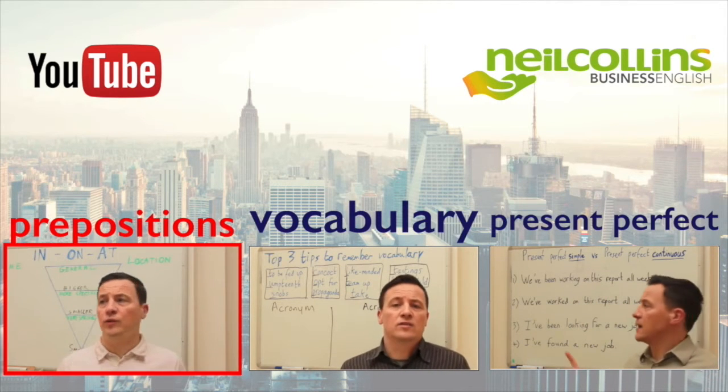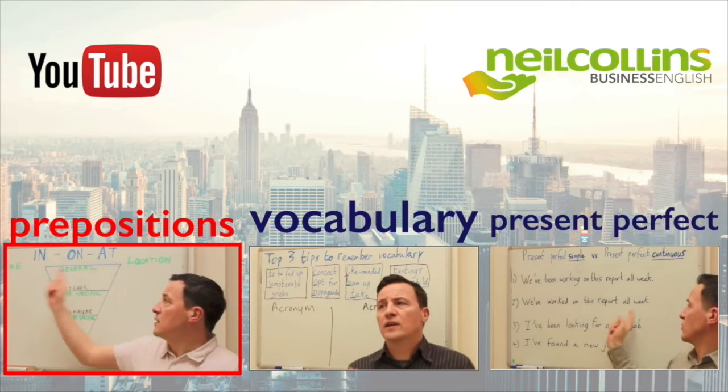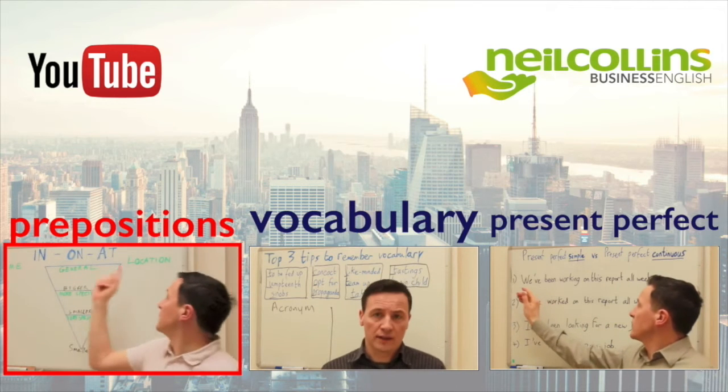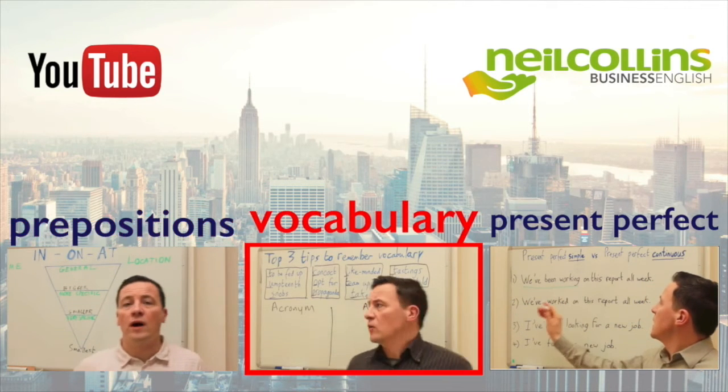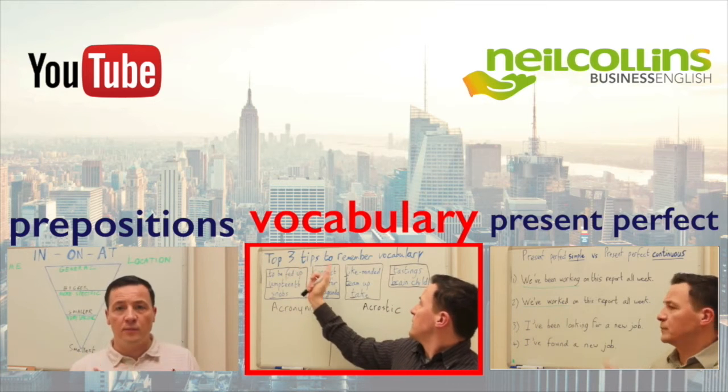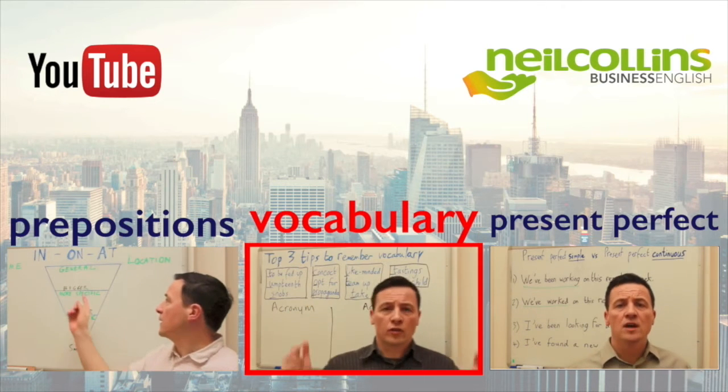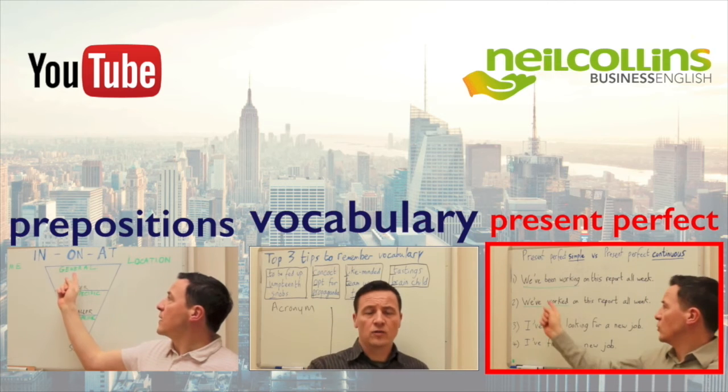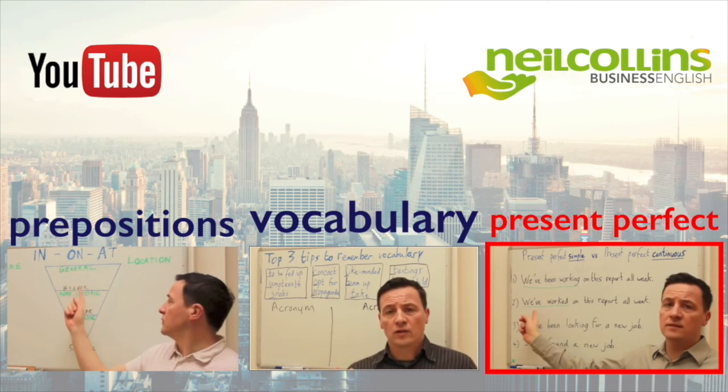So when do we use in, on, at to talk about time and to talk about location? This video will talk about the top 3 tips to remember vocabulary. So do you know the difference between this and this? Why